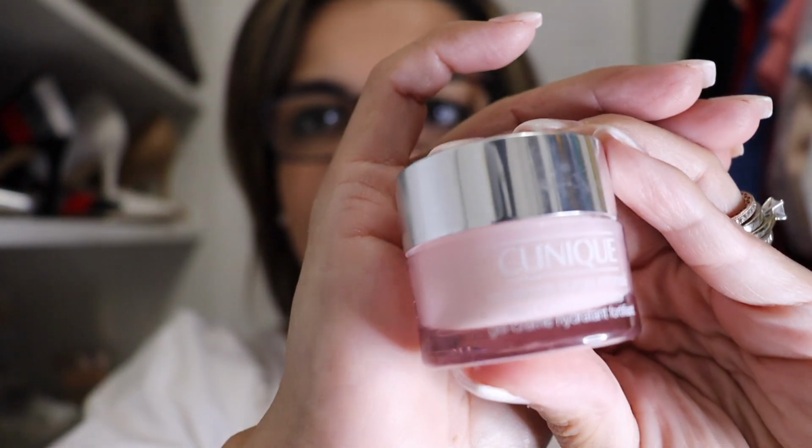My next recommendation is going to be the Clinique Moisture Surge Intense Skin Fortifying Hydrator, and this is some amazing stuff. I put this on anytime I wash my face, at nighttime, during the daytime, and sometimes years ago, when I used to wear powders, my face is really dry, and I used to get patches of powder. I would put a little bit of this on it and kind of blend it in. It would take that powderiness away. But this is a very intense moisturizer,